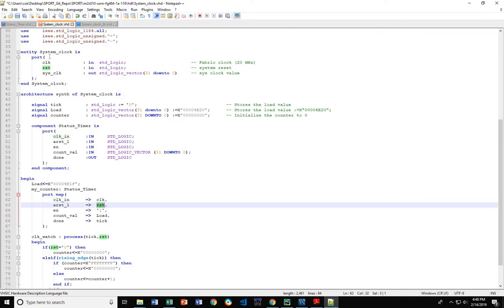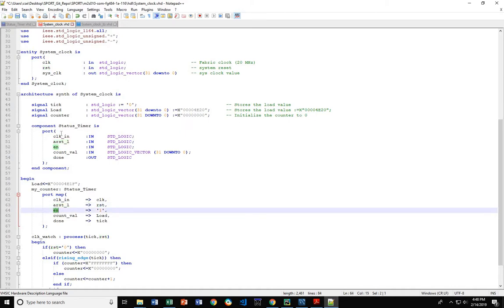Again, same with the reset. It is an input to this higher level, which gets passed directly to this lower level. Here, we can turn on or off this status timer, this lower level file. But for our purposes, because it's an input, we have the arrow pointing this way. Our enable is always going to be 1. We're always going to be running this